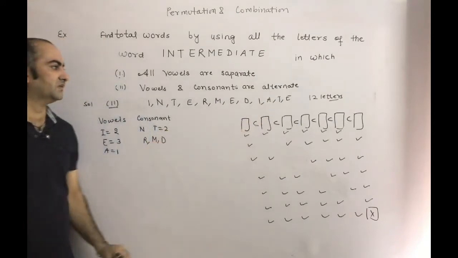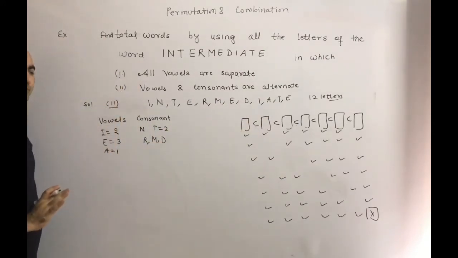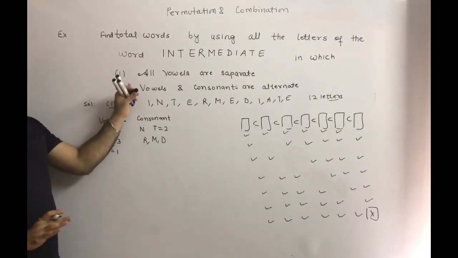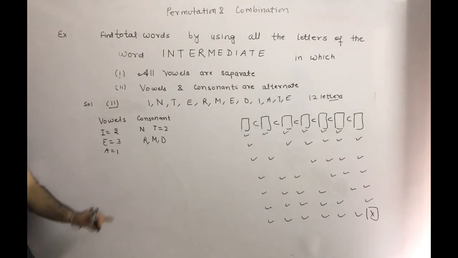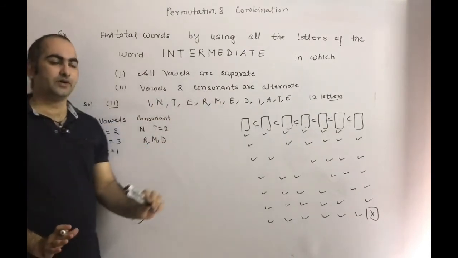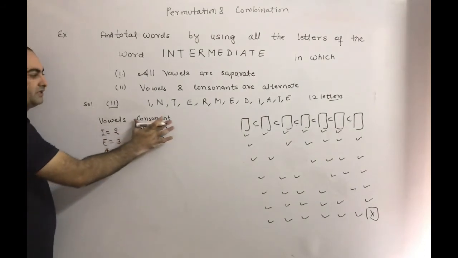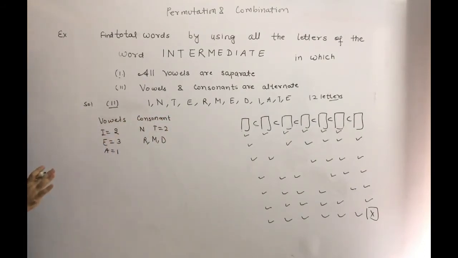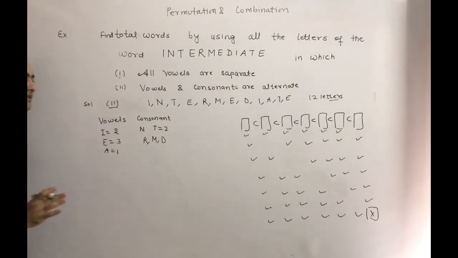After reading this, some students will think that the first and second problems are the same, but there is a difference between the first problem and the second problem that I will discuss here. In this one we want vowels and consonants to be alternate. For solving this we can arrange either vowels or consonants first. You can arrange any one. In the first problem we arranged consonants, so here also we first arrange consonants.